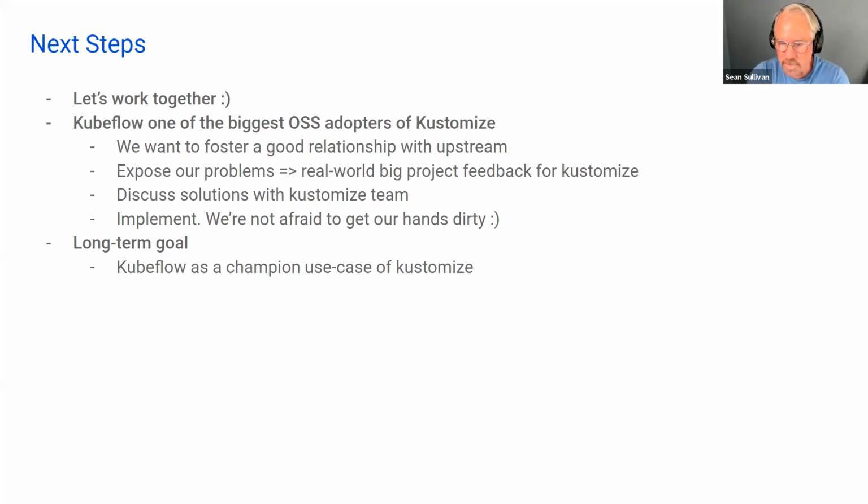So I have a couple of points. Up until now, there has been really no tool to order resources and wait for resources to come up before another resource is applied. Generally what we do is you apply resources, say you had a CRD, and then you have an instance of that custom resource in the same apply. Many of them are going to fail, and then you apply it again. It's kind of like an idempotent principle where you just keep running it multiple times, and then it eventually works,